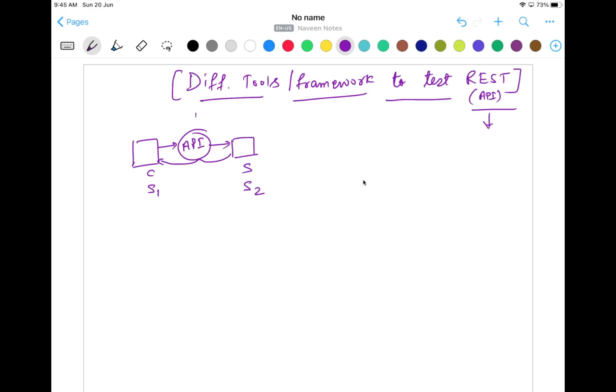So how will you test it? So let's see, this is my UI application. For a UI application, if you really want to test it, various test automation tools are available. For example, we have Selenium, we have Cypress, like that. And we have, let's see, WebDriverIO also. How to call the APIs, how will you get the response? What kind of response are we getting? Either it is a JSON response or XML response, or what exactly it is, right?